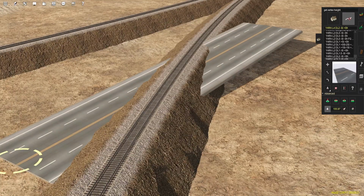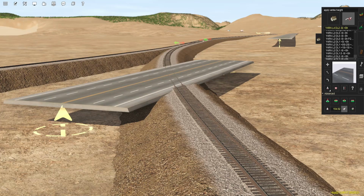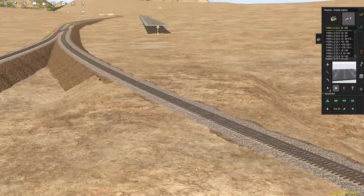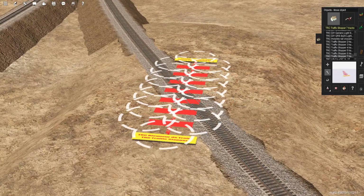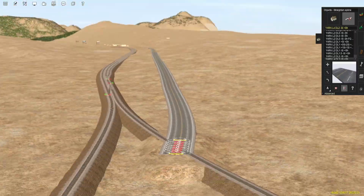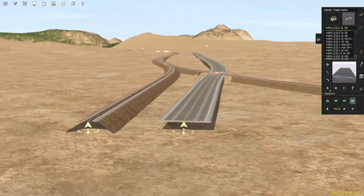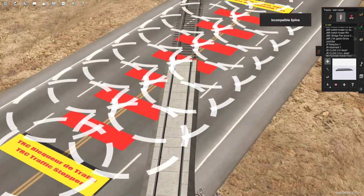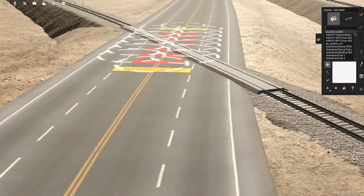We're going to go ahead and texture all this up real quick, because I'm always still using the same textures, because the textures really bring it out really well for what I want it to be in the quote-unquote desert-type atmosphere. Sand, dirt, rocks, dust, whatever. And then we're going to go ahead and get this road placed, which I'm thinking is not the final thing for this crossing, because this crossing's still going to be a little weird whenever